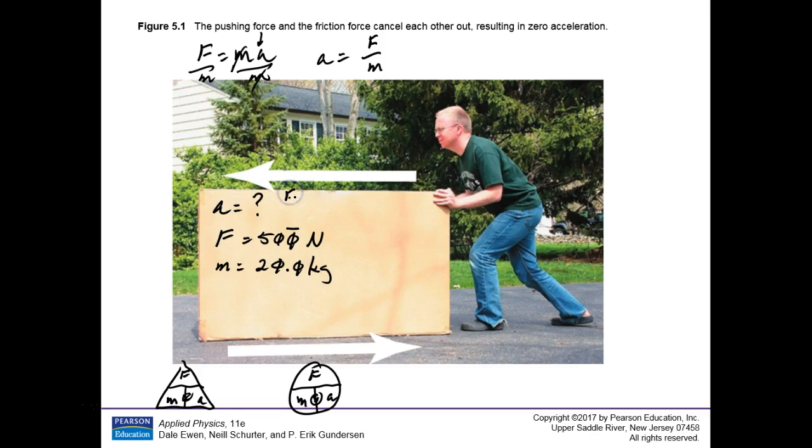Acceleration is equal to force divided by mass. And what's your force? 500. Now, I'm not going to write newtons down because newtons is a derived unit. I want to write down my fundamental units. And what were the fundamental units of the newton? Kilogram, meter per second squared. Perfect. That's what a newton is. That's the same thing. Divided by your mass, which was